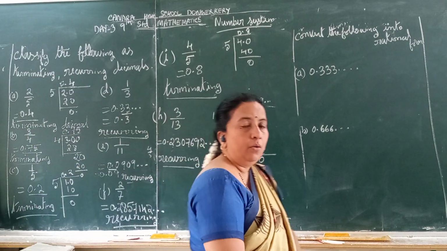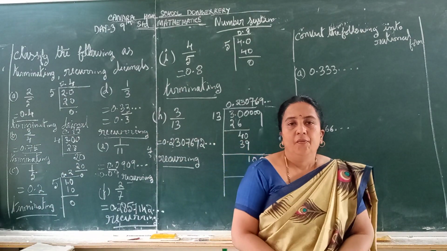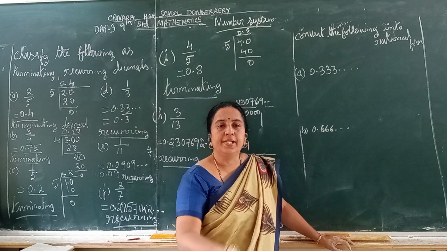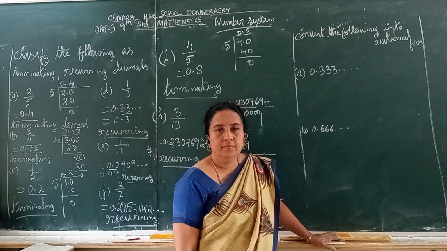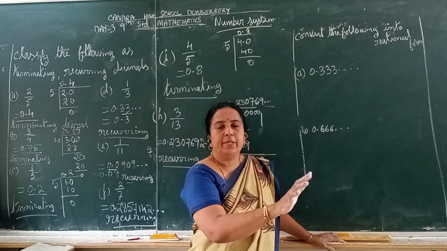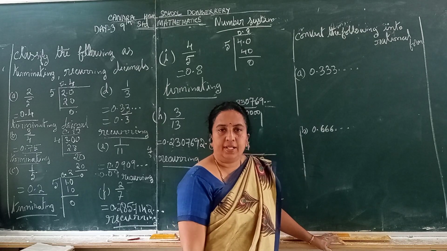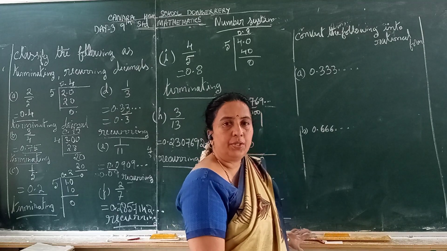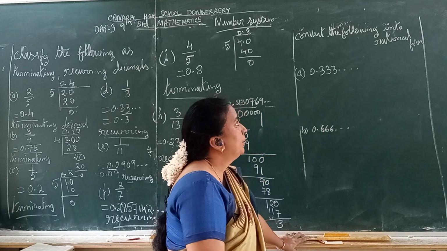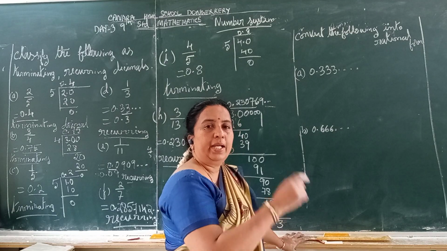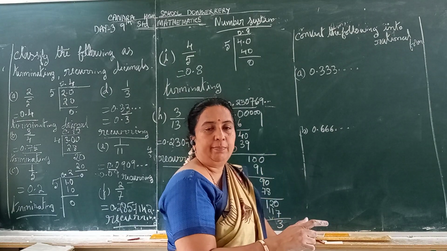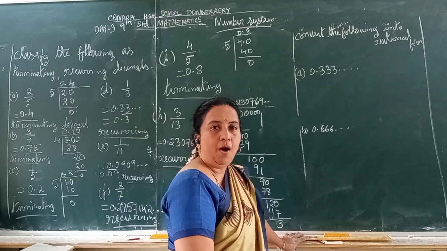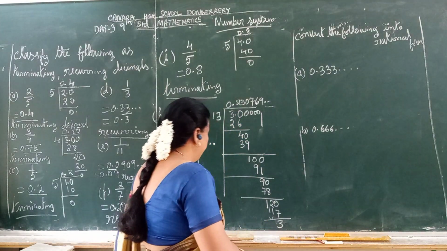Okay, till now we converted fractions into decimals. Suppose the reverse has to be done. You are given a decimal, you have to write a fraction. You all know the method of converting a decimal into a fraction. In today's class, we are given recurring decimals. We have to write them in fraction form. Let us copy one question.